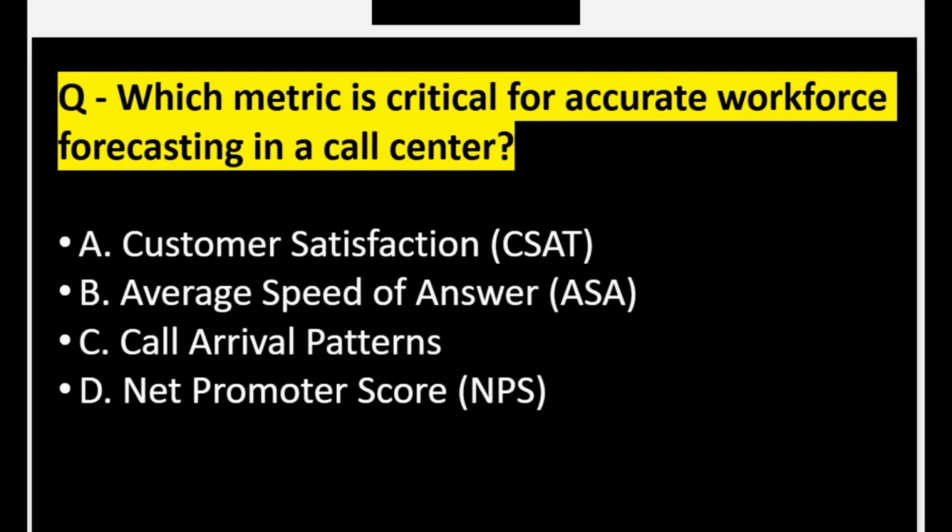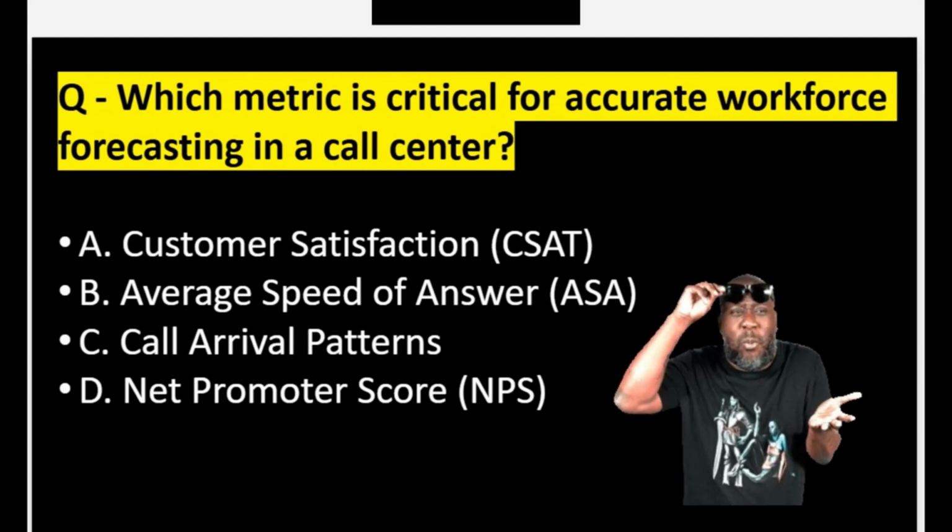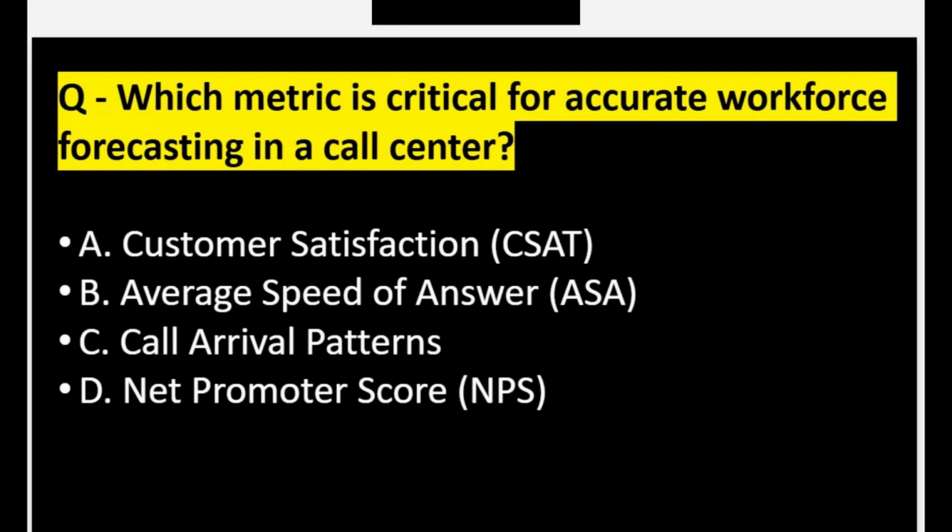Correct answer for this question is option number C, call arrival patterns. For workforce forecasting, you need to have the call arrival patterns. At what time you are having the highest call volume. It may be in the morning, afternoon, or evening. On the basis of that, you can make a decision on how many people you need to have for these intervals. So you need to analyze the historical data very carefully to find out any trends, to find out the seasonality in the data. If you are seeing any unusual data, you have to normalize the data to have the right number of resources. You cannot have overstaffing or understaffing, and a very good understanding of forecasting will help you to avoid overstaffing and